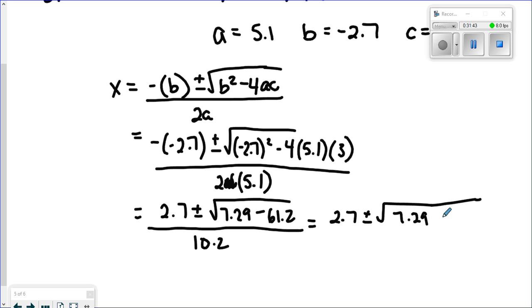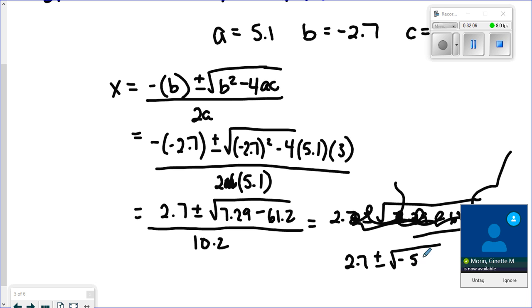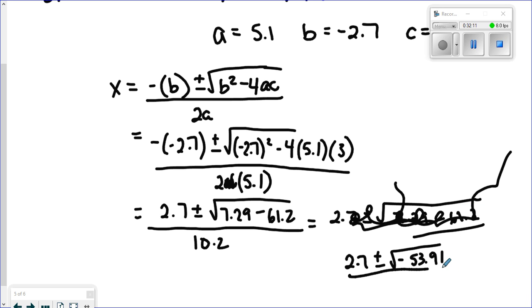I promise I'll get good at this tablet by the time we're done learning online. So 2.7 plus or minus square root of, so 7.29 subtract 61.2 gets me negative 53.91, all over 10.2. So what you hopefully recognize, since you are such a pro at radicals, is under that radical symbol